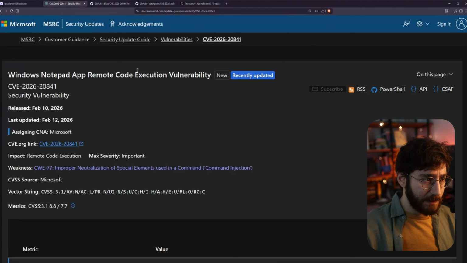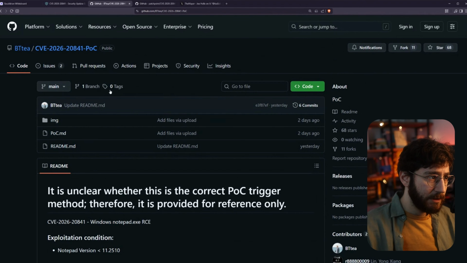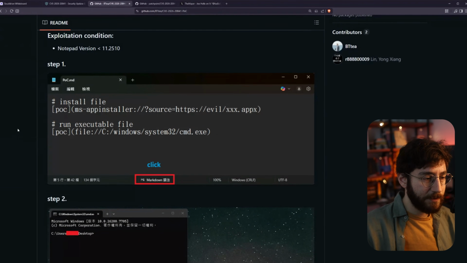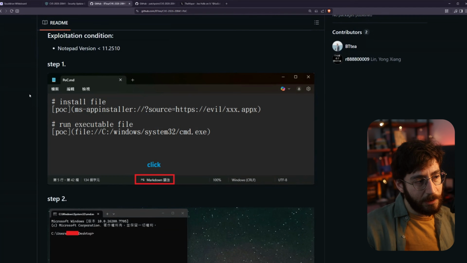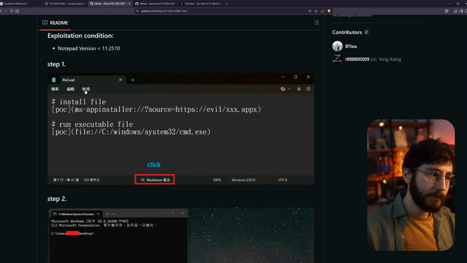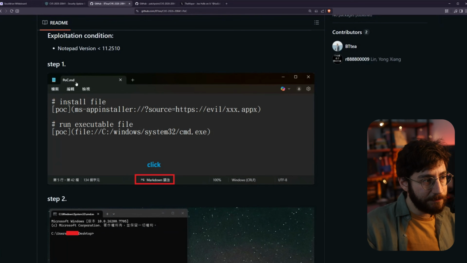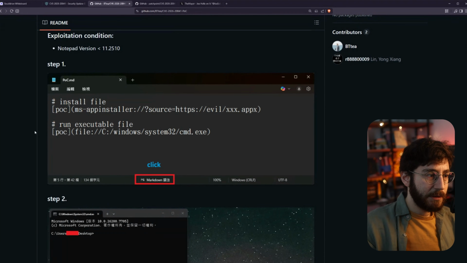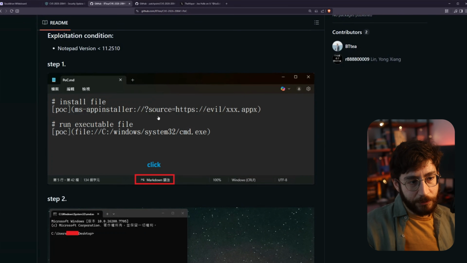And so instead, we'll go to some of the write-ups on GitHub. The first one here suggests a proof of concept of what the vulnerability is. And it's when you render Markdown. So you can save a file as .md for Markdown, and in Markdown, you can show a link to a URL that can be an executable, a bash script, and it could be local, or it could be a remote